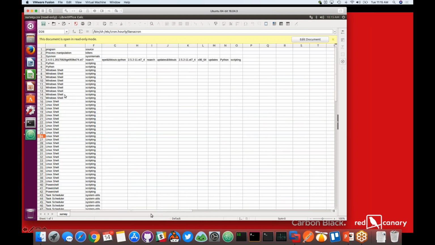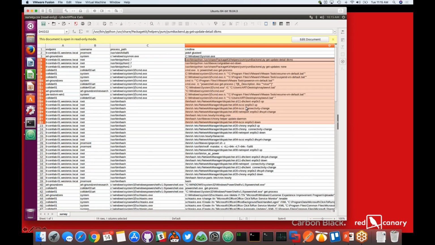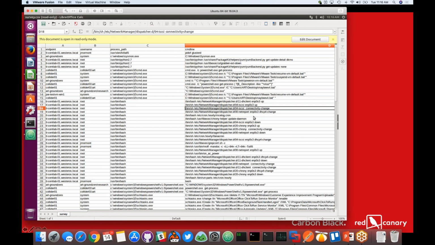We've got our source. This is the program within that definition file. So this is our scripting definition file, and this is what it was looking for as it scanned the environment over the API. As you can see, there are some really interesting things, because the demo environment always has interesting things happen in it.